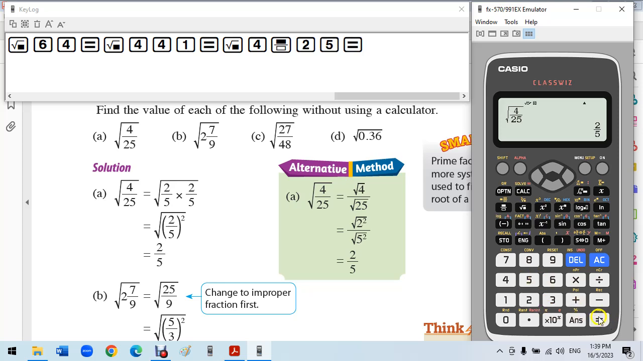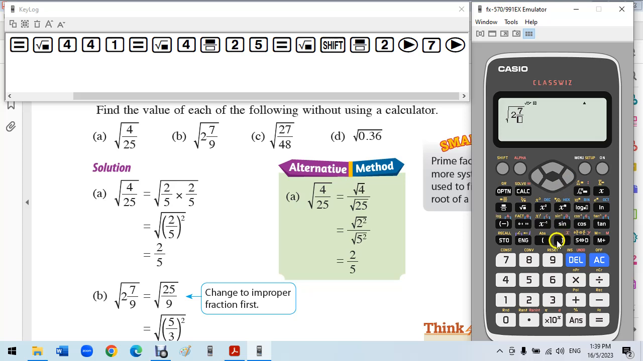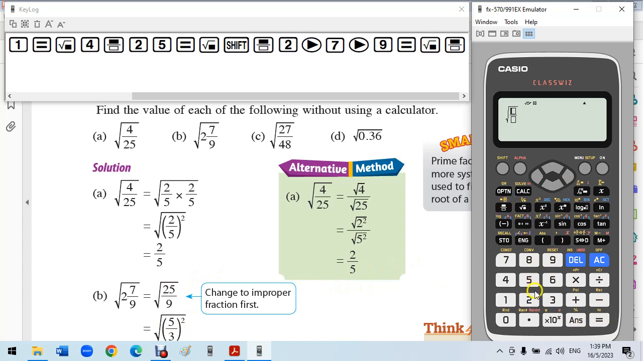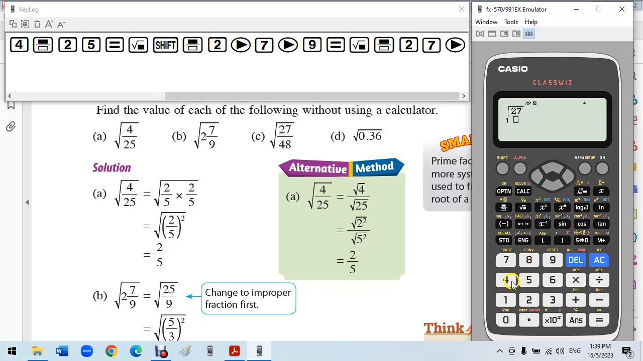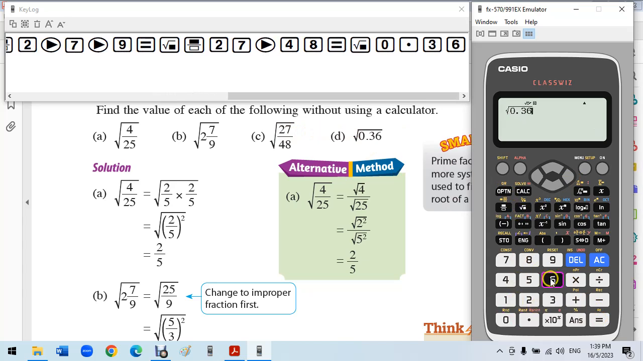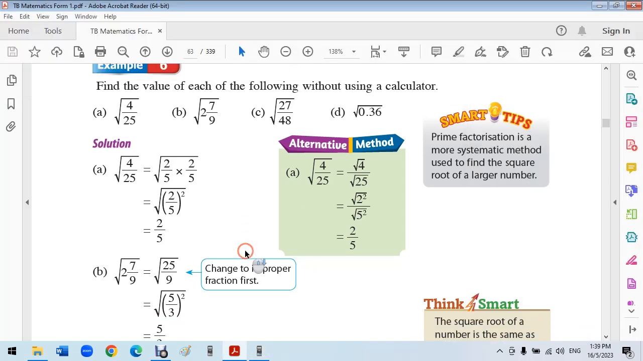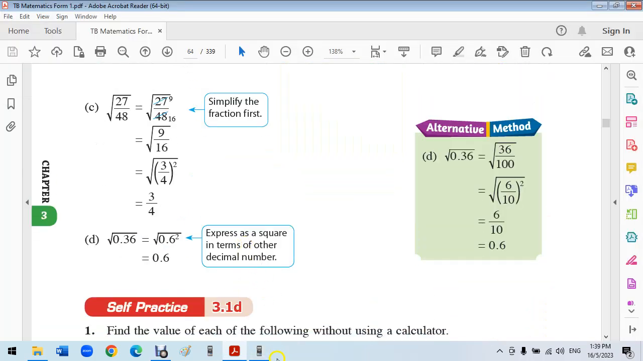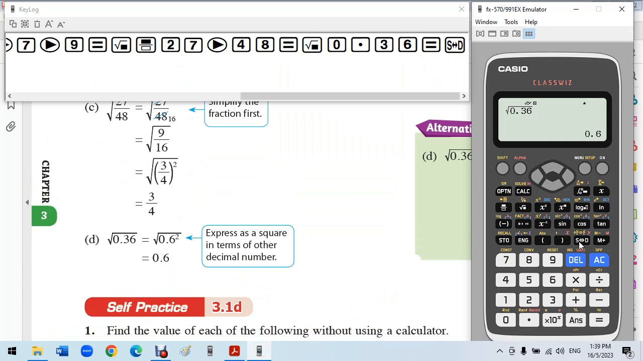4/25 is 2/5, square root of 2 and 7/9, okay, it becomes 5/3, square root of 27/48, it will become 3/4, and square root of 0.36, it will become 3/5. Okay, and this one they want decimals, 0.6. Okay,